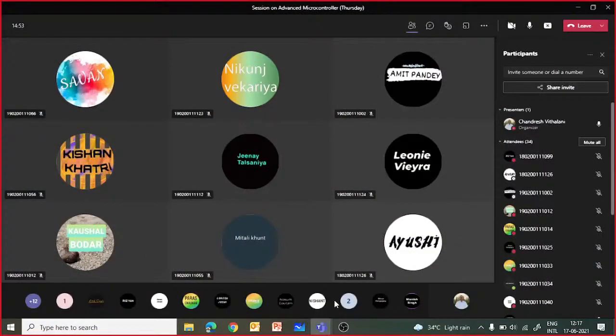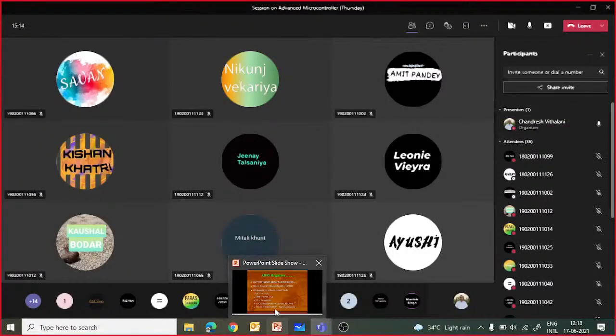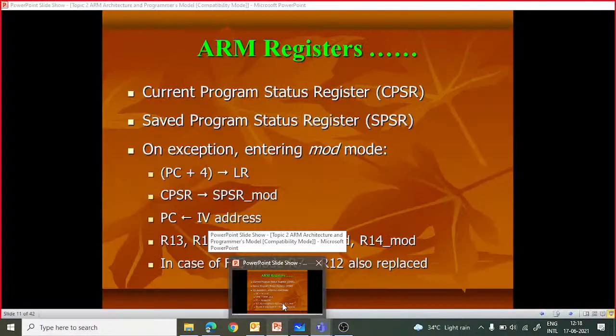Amit Pandey, 1002 number. 1025, Dhruv Gangajadia. Can you unmute yourself and tell me? I am not getting your voice. That means 1002 Amit Pandey and Dhruv Gangajadia are both absent in the class.